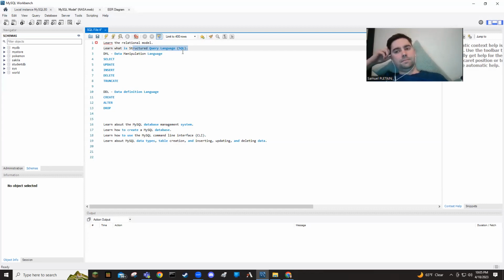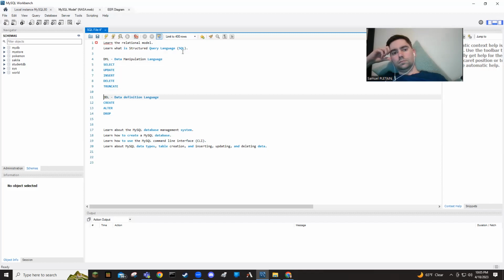What else is out there? Lua, COBOL, Fortran, for the old schoolers out there. So it's just a programming language. The thing I like about SQL, structured query language, is that it's the closest thing to English that you're going to find in a programming language. So we've got two major areas of code. We've got what's called DML and what's called DDL. I'm gonna drop down to DDL first.